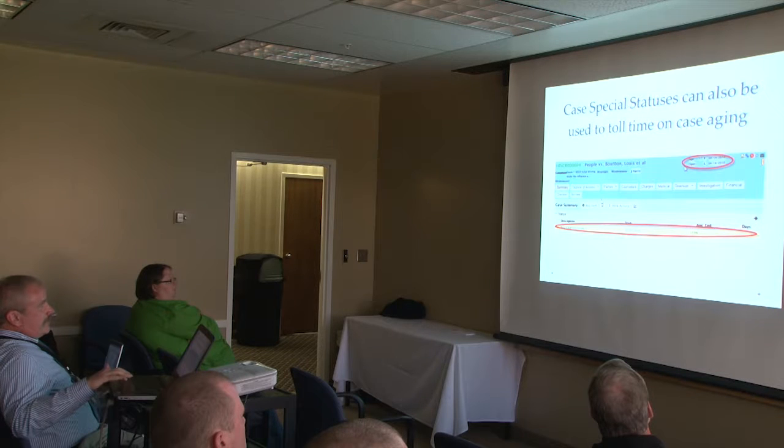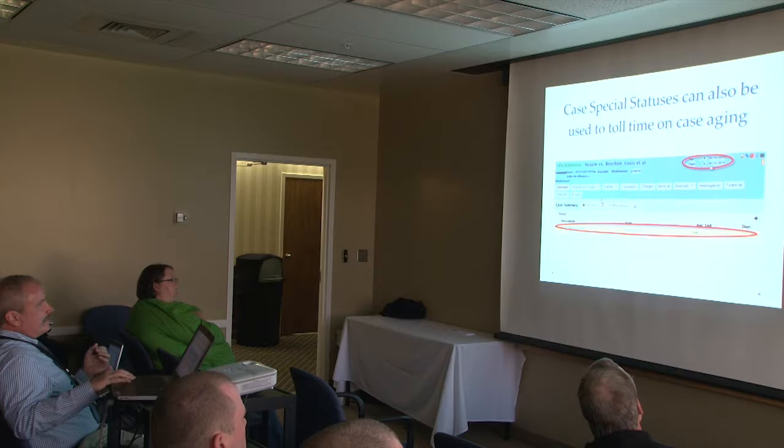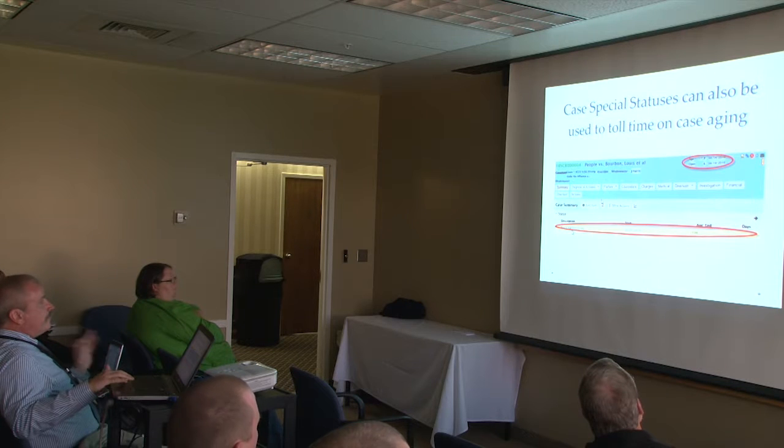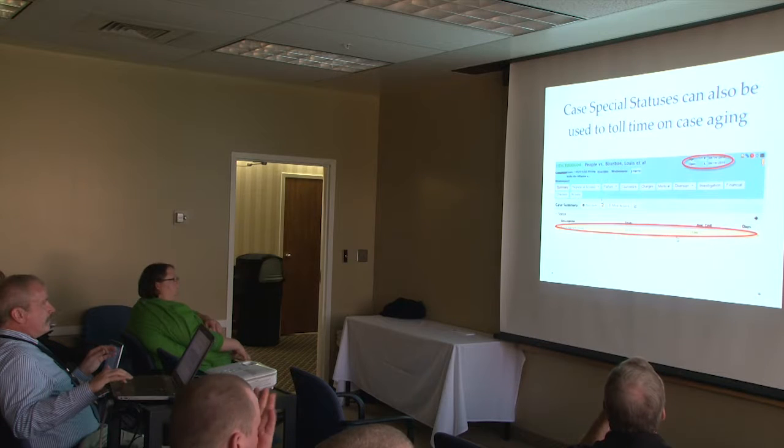So I said special statuses can also be used to toll time, or in other words, cause the dynamic case aging that I just talked about to stop. So let's look at this. This case was filed in April of 2010. It's open. There's no disposition on this case, and yet the system thinks it's only 17 days old. Well, what's up with that? What's up with that is, in this configuration, a bench warrant was issued in May of 2010, and lo and behold,